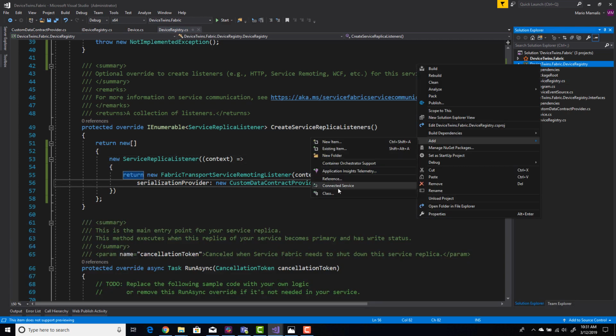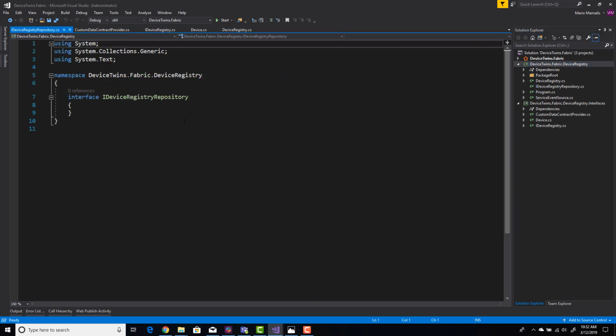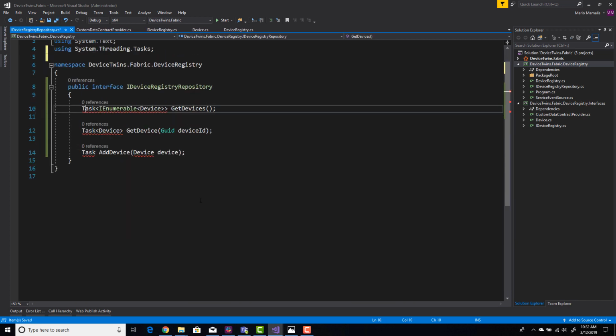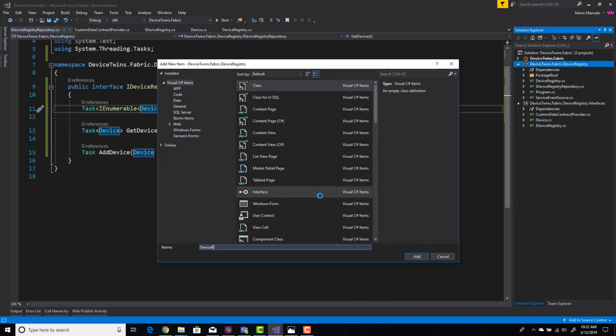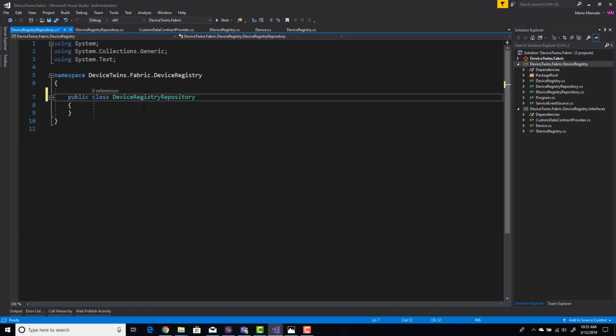Okay, we have the device registry class ready, but we still don't have any data to show. For that, I will create a repository interface, and I will expose methods that will match our device registry class. So get devices, get device and add device. And then I will add a repository class to implement the interface we just created. Make it public